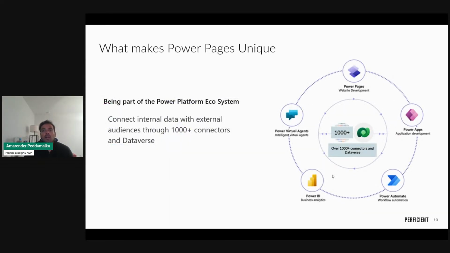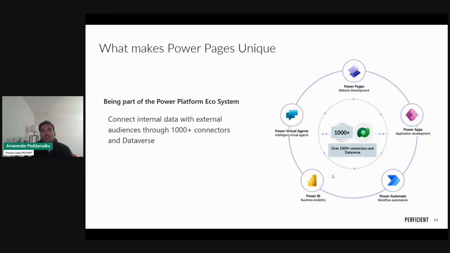So connectors are the core of Power Platform. As we speak, there are more than 1,000 connectors that you can leverage. As long as your data has an API or an out-of-the-box connector, Power Platform can integrate with your data. Your data doesn't need to exist in the M365 boundary. It can be anywhere. And as I've said, connectors are the game changers, and you can leverage them to connect to the data sources, pull that data in, and work with the data as needed.